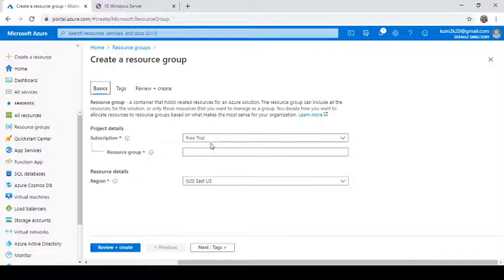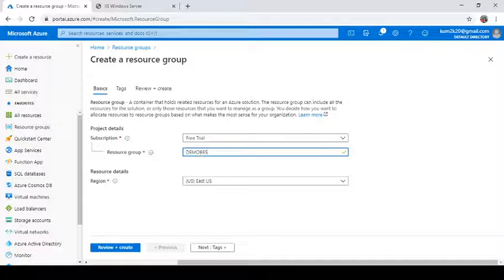For resource group, you can use the free trial subscription. Put a name, this is for your identity purpose, to ensure what resources belong to it. It is really useful for billing and even management purposes. We can come to know what resources this folder consumes and what all resources belong to it. Let me create a